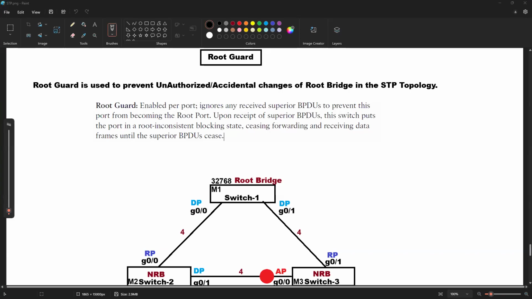Hi guys, good morning. So in the last session, we saw about the BPDU filter, and we were discussing the root guard, right? And we saw that root guard is used to prevent unauthorized or accidental changes of the root bridge